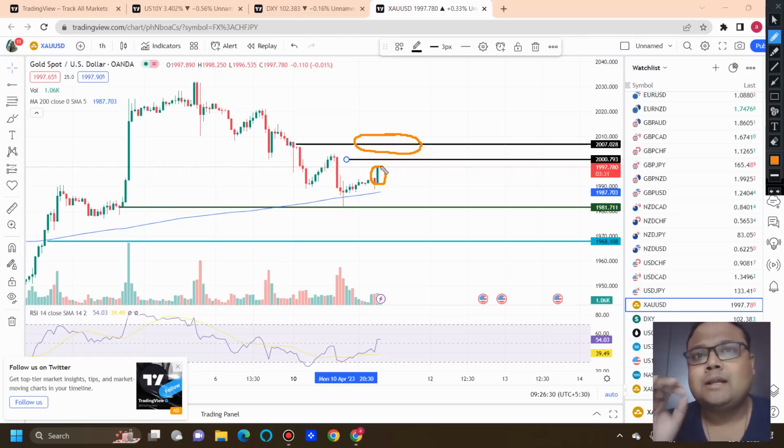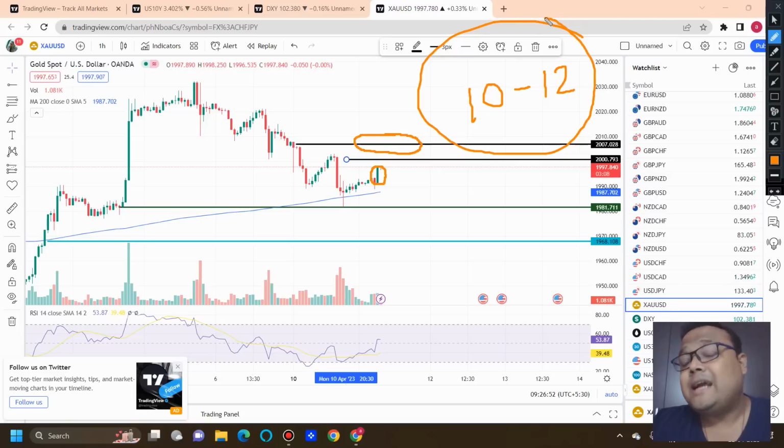No level is permanent in the market, so you need to decide when the market will hit the level. This is the main difference between a trader and a gambler. A trader only trades when the opportunity is right. On any day we may have 10 to 12 trading opportunities, but out of those you will only get 2 or 3 good trades. A trader will only go for those 2 or 3 good trades.